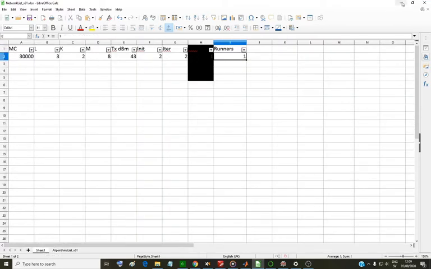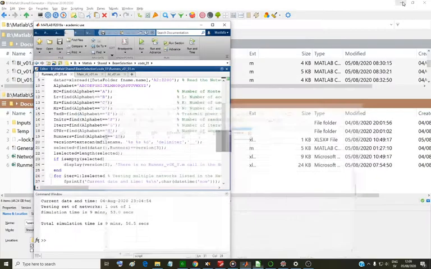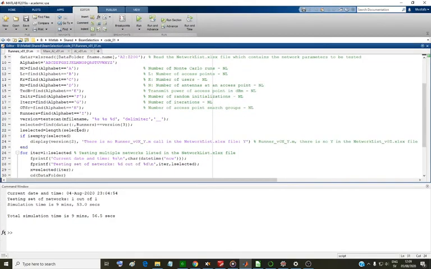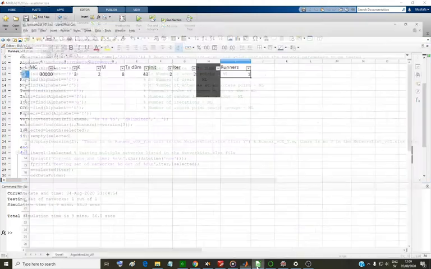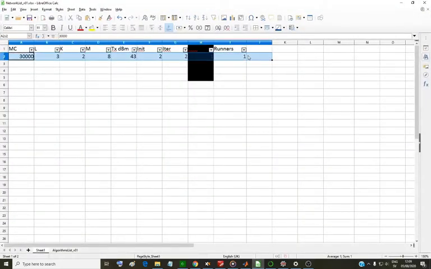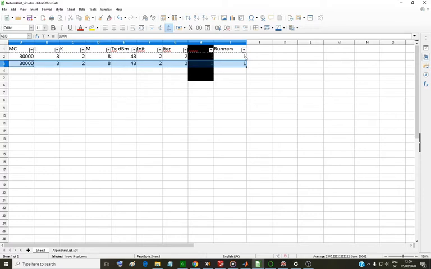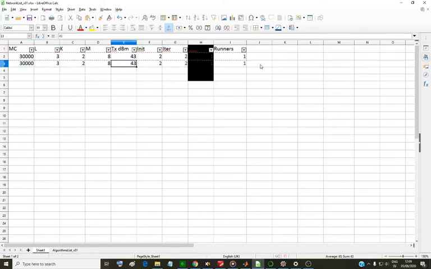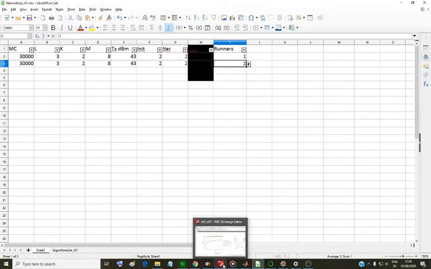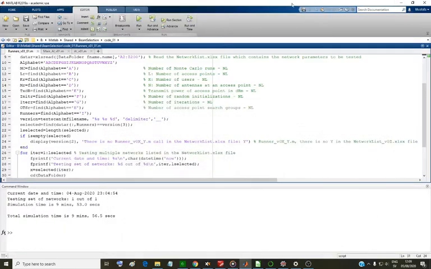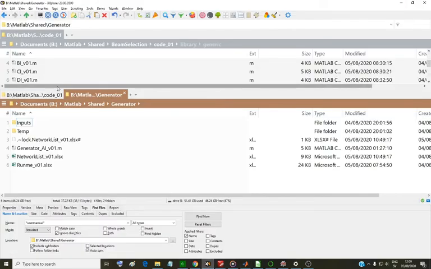To keep this video short, I won't go into full details. I will try to explain the most important parts. If you want to test multiple network setups by the same Matlab instance, you can copy this, paste, change any of these variables, and keep this number 1. If you want to have multiple Matlab instances, all you need to do is